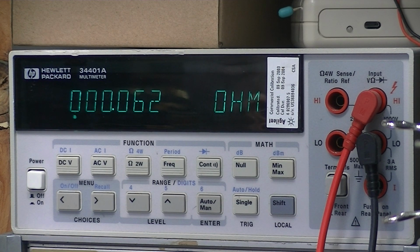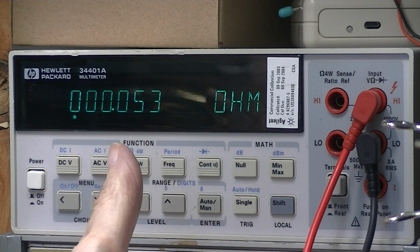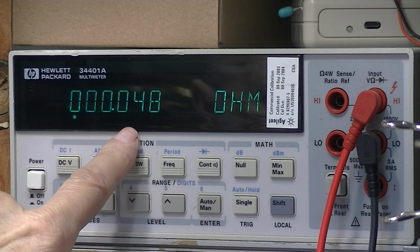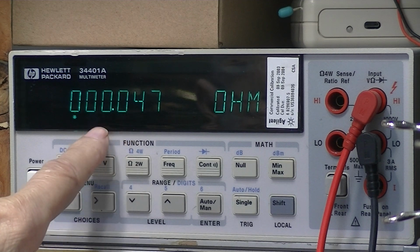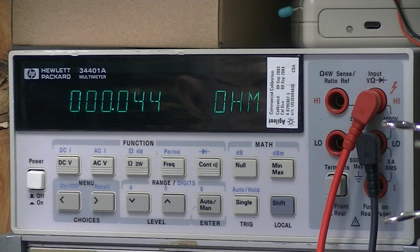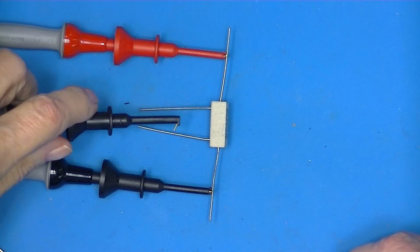And looking at it, a 2-wire measurement, we should have another 0 at least there. We're reading 0.46 instead of 0.05. I'll hook up